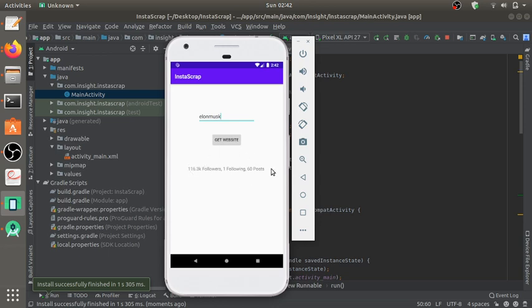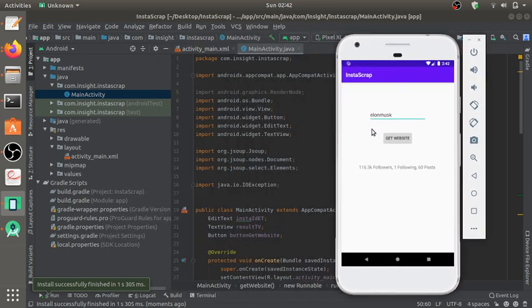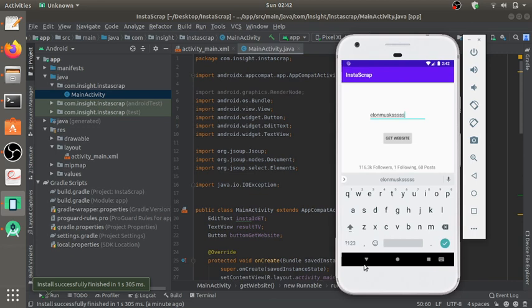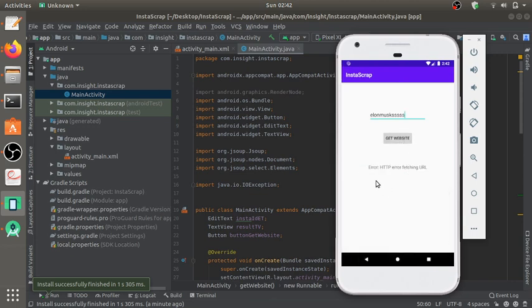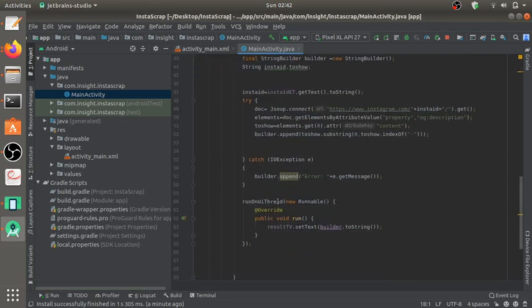Hopefully it will show. Yeah, this shows the number of followers, following and the number of posts of a user given the Insta ID. Consider we have a wrong Insta ID, it may show an error, right? This is how we handle this exception right here.